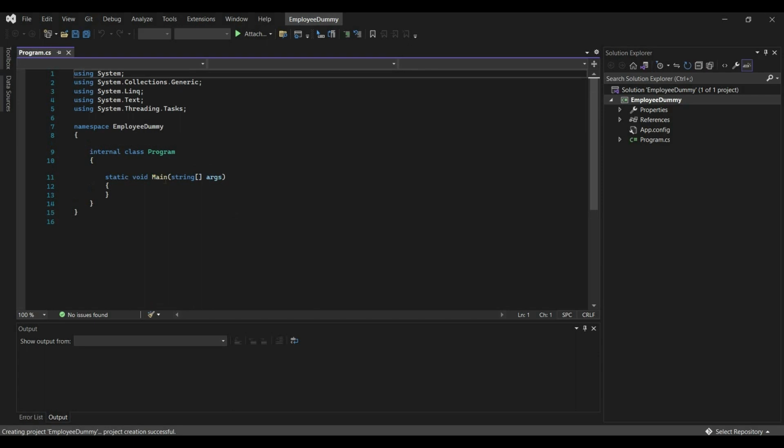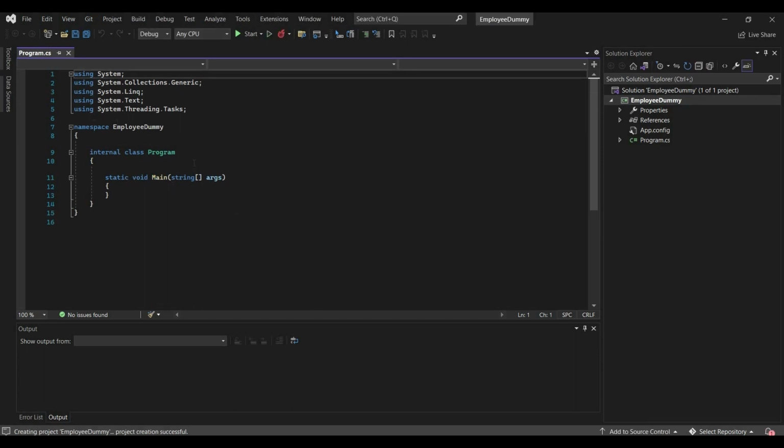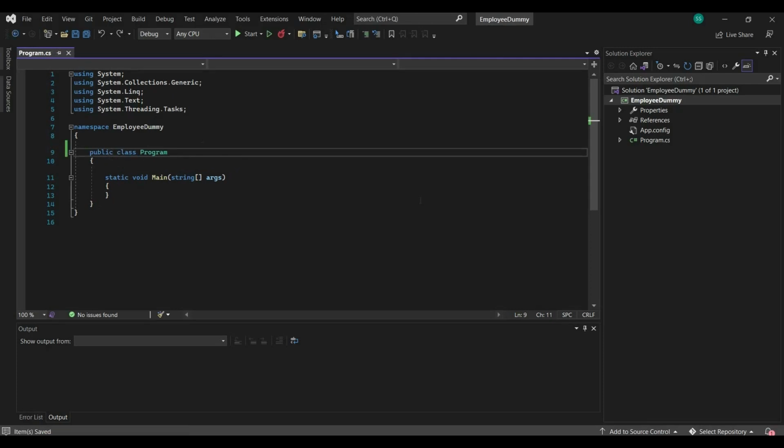Now it's open. Here employee dummy is my project name which I have created, and these files have been automatically created while creating the project in Visual Studio. So here we can change the access modifier. I will let you know about access modifiers. So here I directly change the name, like I am telling about the employee only,